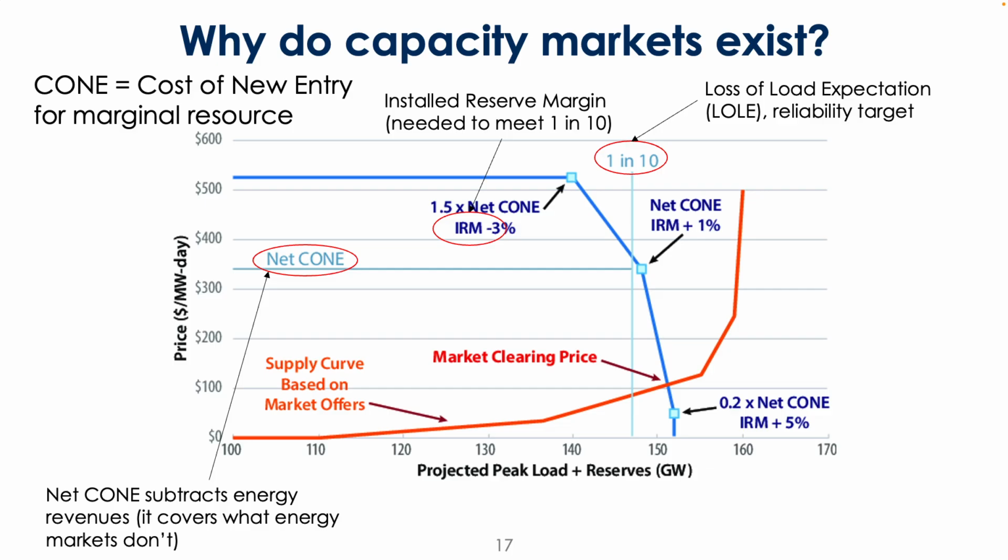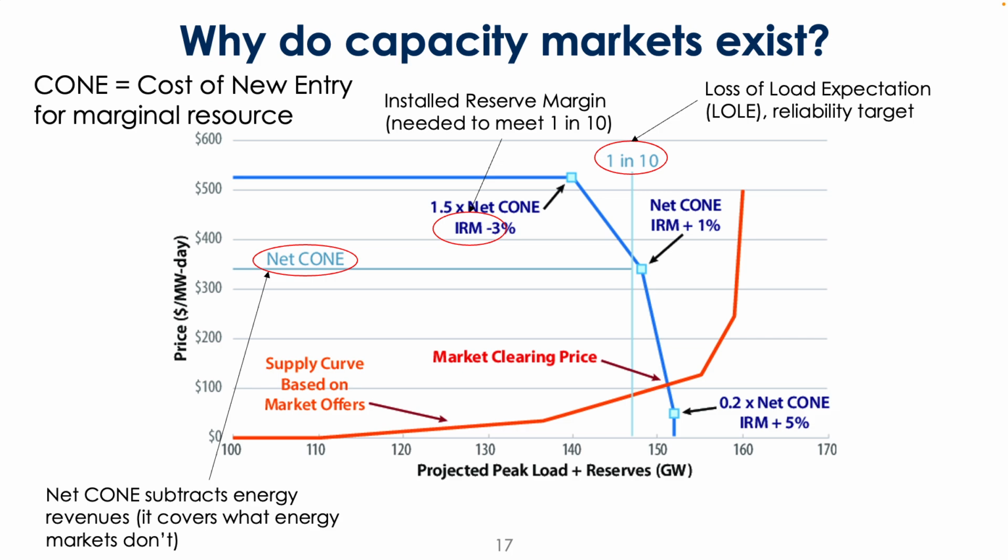And the IRM is known as the installed reserve margin. So this 1 in 10 year thing means that you're not regularly turning on all of these generators to meet that crazy thing that happens once every 10 years, right? A lot of those generators that are there, that you might want to be able to deal with a situation like that, are not turning on very often, right? And so we think of that as a reserve, right? And so that installed reserve margin is the reserve that's needed to deal with